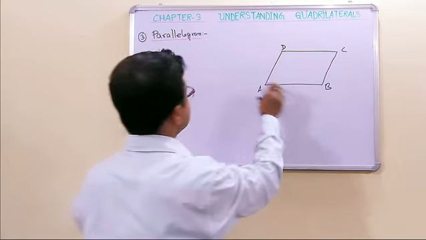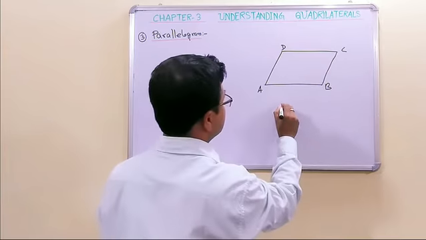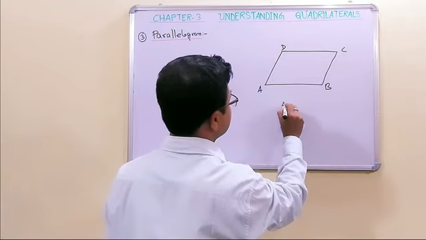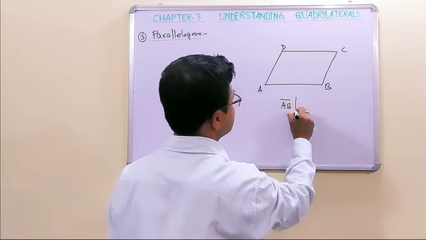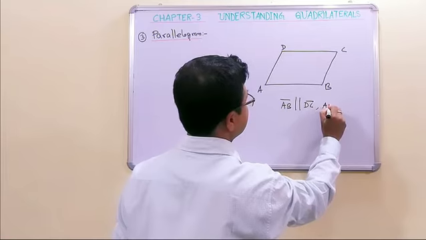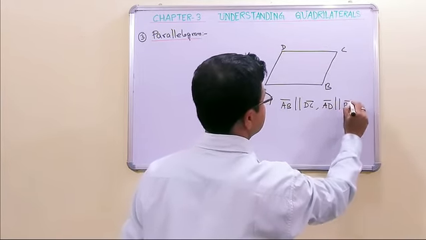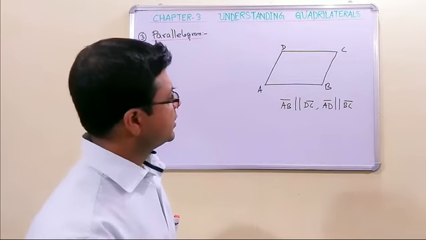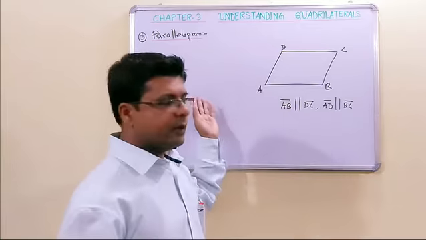The name suggests what the definition of this quadrilateral should be. Parallelogram means something is parallel. Here the opposite side line segments are parallel. What is the opposite side of AB? Line segment AB, DC. AB is parallel to DC, and line segment AD is parallel to BC. Okay students, this will be written in the assignment, do not worry. I am not giving any note, it will be written.